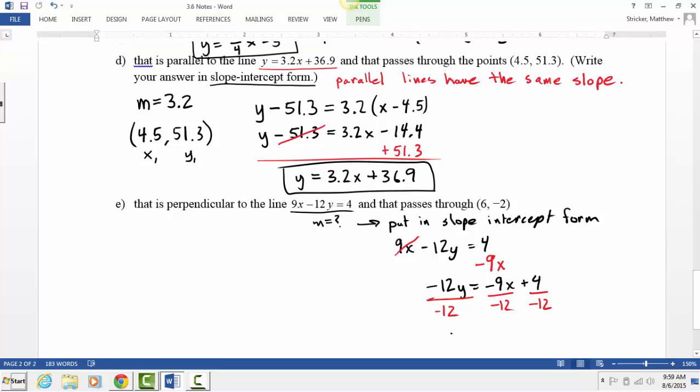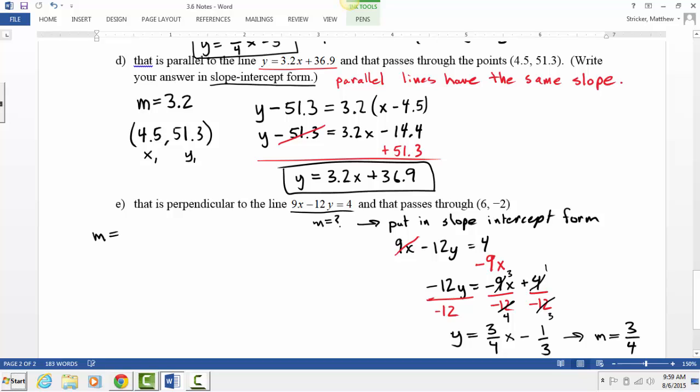So when I do that, I get y equals negative divided by a negative, and then we can go ahead and reduce here because they're both divisible by 3, so that's a 3. This is going to be a 4. So this is going to be a positive 3/4 because we had a negative divided by a negative, times x. And then this also reduces. 4 goes into 12 3 times, so this is minus 1/3. And we don't really need the y-intercept. What we're really looking for here is the slope. So this tells us that the slope of our given line is 3/4,